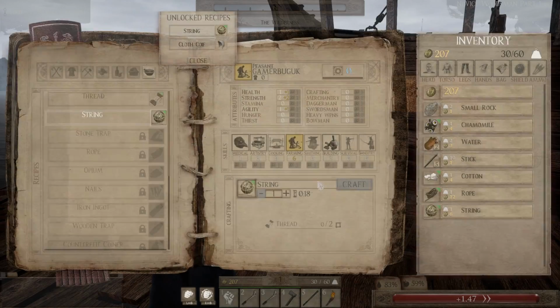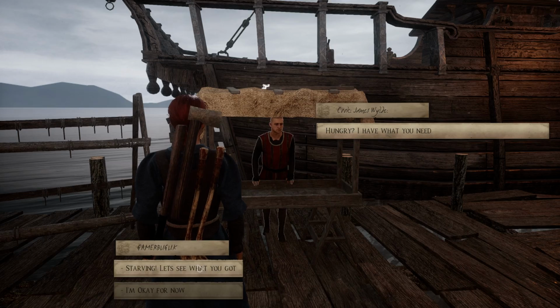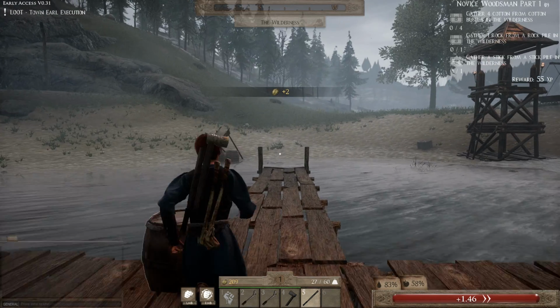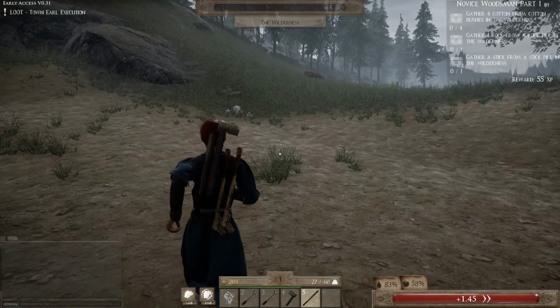Oh, I don't need that. Don't need that torch. Is it worth anything? It's worth 2. I'm probably splitting hairs, being a bit silly, worrying about that. Right, so it says gather 4 cotton from cotton bushes. But why bother when you can just